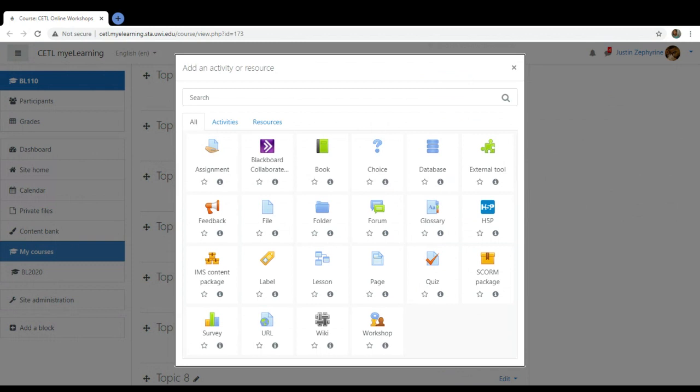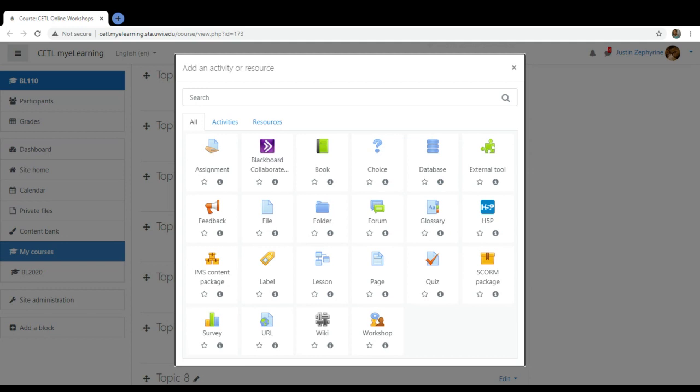Add an activity or resource. And then you're going to double click on Blackboard Collaborate. You will always know Blackboard Collaborate from a mile away, because it's that sort of purple. I'm not sure if there are variations of purple, but I will just say purple for now, because I can't tell the difference. So if it's a royal or electric purple or anything of that nature, I'll just say purple for now.